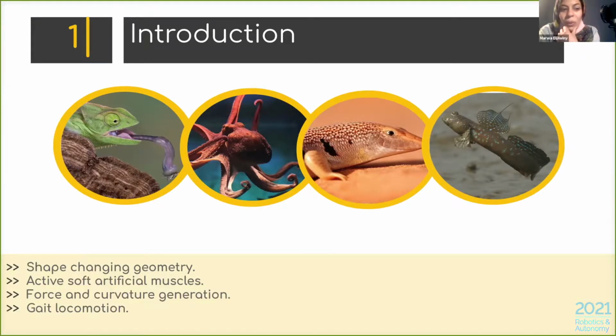So before that, as you may know, in soft robotics, the biggest inspiration we have is from nature. So we can see here the example of chameleon or octopus or sandfish or mollusc. In all these examples, the shape is changing, they can change the shape. If we see the chameleons, they have this amount of force they can produce to catch the prey, or maybe the locomotion itself. So all that's inspiration, and we have a lot of questions going on in the field, how we can design materials that can have this kind of forces produced or displacement, or they can change the shape and also produce